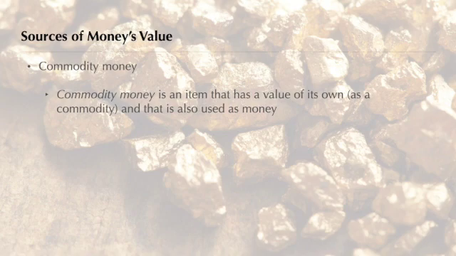An item that has a value of its own, as a commodity, and that is also used as money is called commodity money. Throughout history, societies have used many commodities as money. Precious metals such as gold and silver, and gems such as rubies, emeralds, and diamonds often have been used as money. Today, salt is a commonplace commodity, but in ancient Rome, salt was so rare and desirable that it was